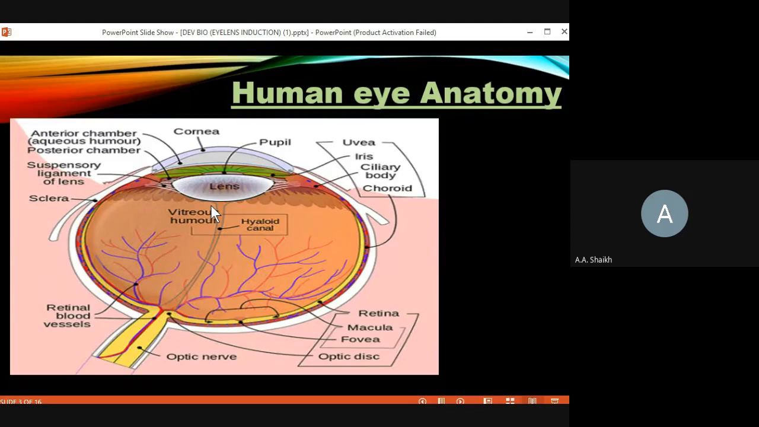This compound lens system, the cornea and lens together, will ultimately result in the collection of light. The entire compound lens system will collect the light, and the light rays which are collected by the cornea will move towards the lens. These light rays will firstly be collected with the help of this cornea,